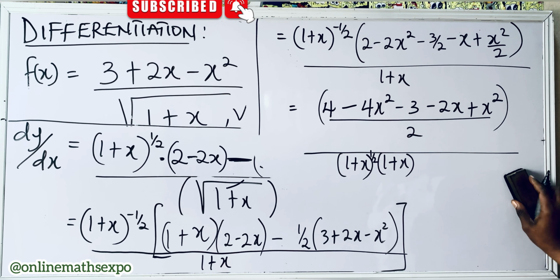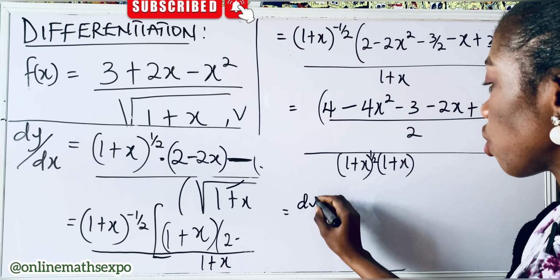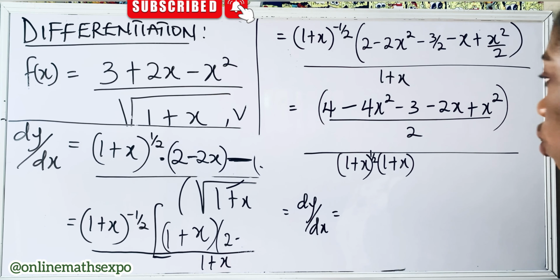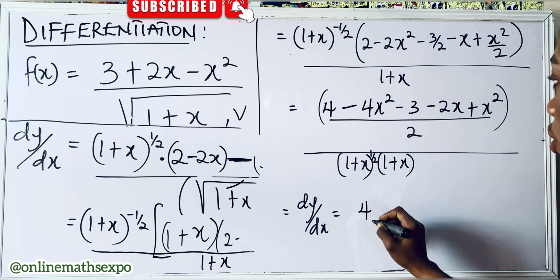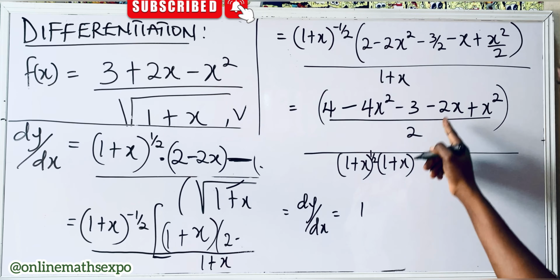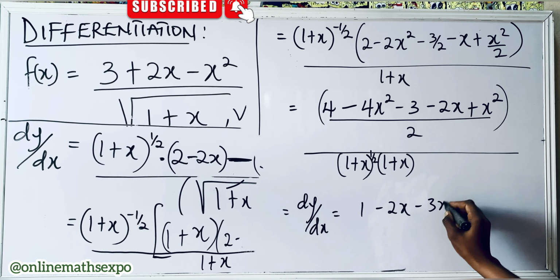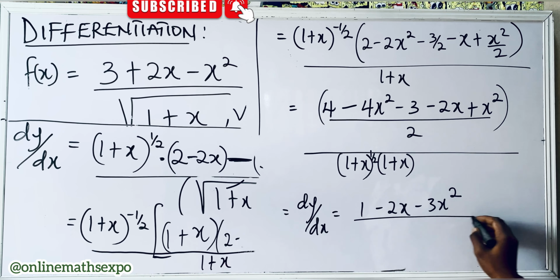So if you simplify finally, dy dx is equal to 4, subtract this, we are going to have 4 minus 3 is 1. Then we have negative 2x. This will give us negative 3x squared all over